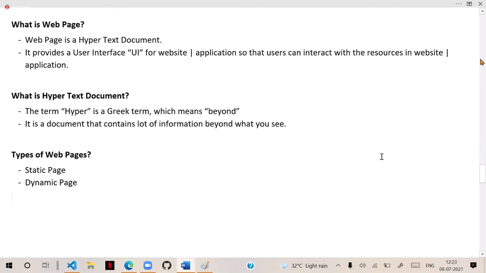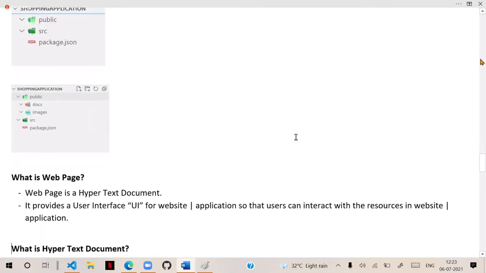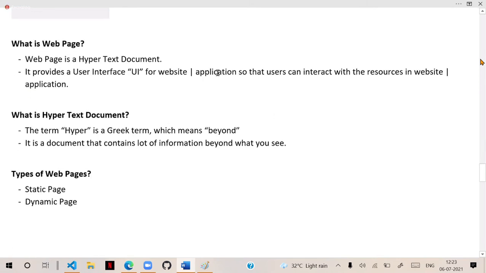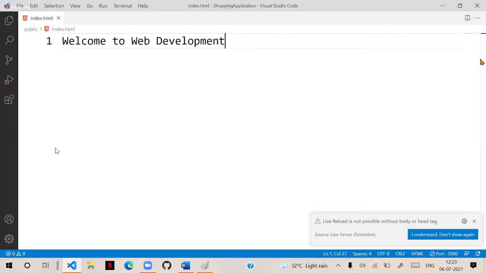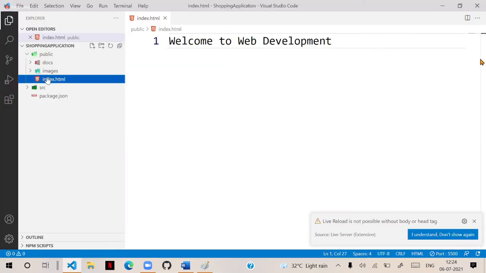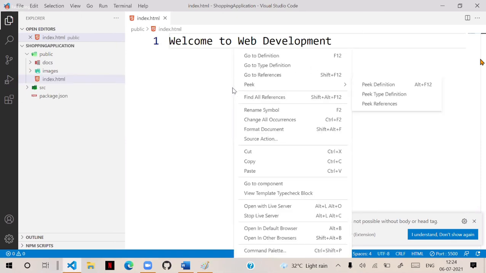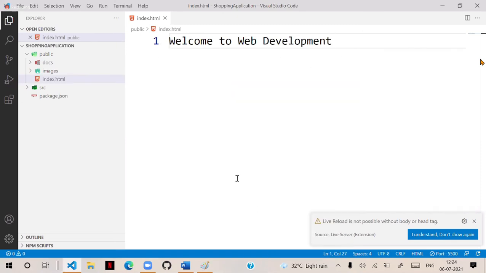After creating these folders, you need to just create an index page. Go to the project. In the public folder, add a new file called index.html. And in that, just put some welcome message. Right click and open with live server. Then it starts your page. Once the page is ready, that means your page is working. Now we can start building this page.